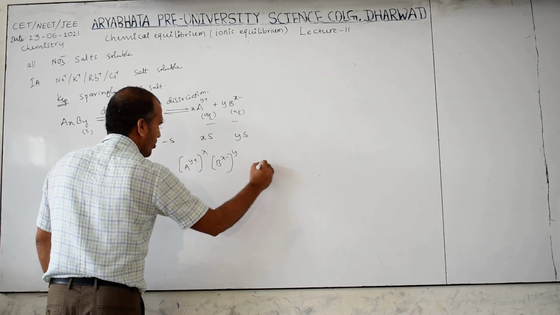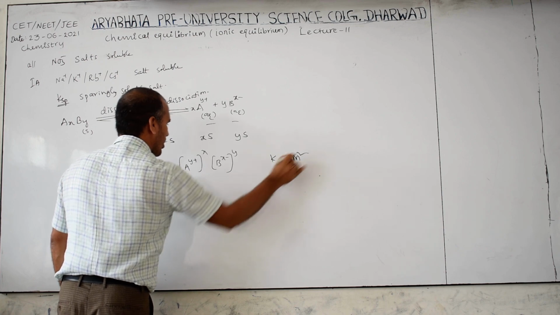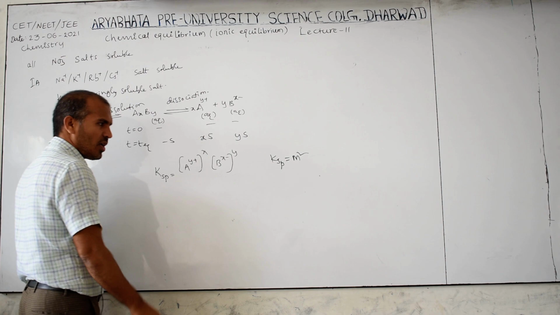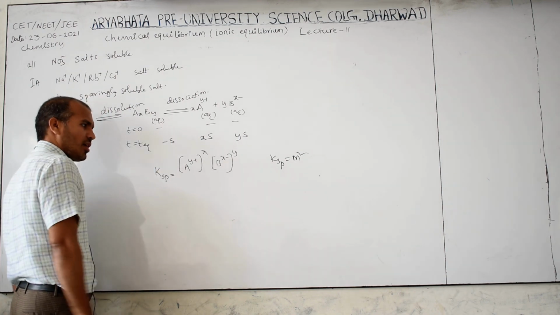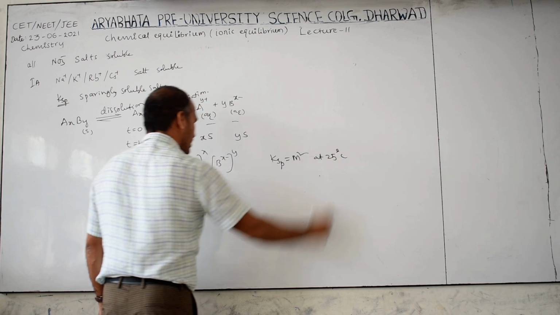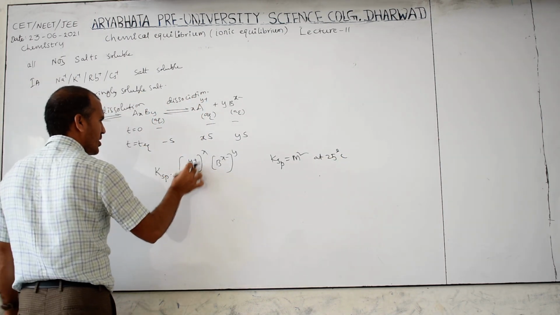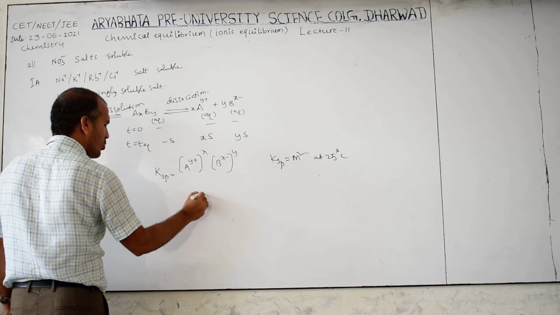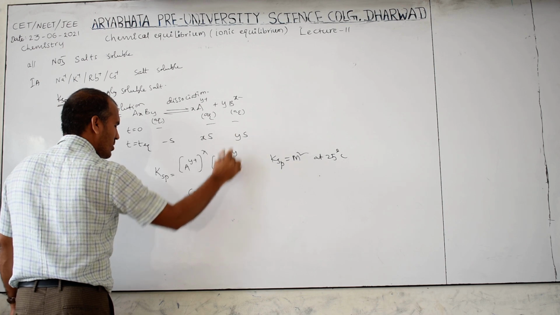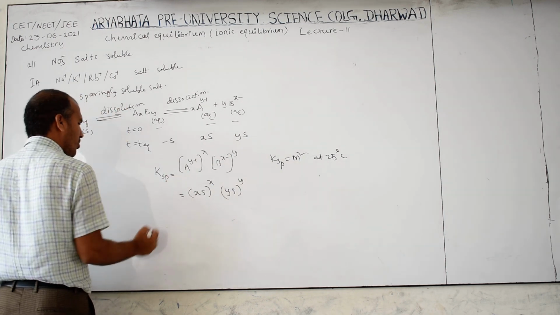Therefore, what is the unit for this? The Ksp unit is M squared, because this is M, this is also M, therefore M squared. According to the stoichiometric equation it will also come. This is at 25 degrees Celsius. Okay. Now, its concentration at equilibrium is x moles of S power x, y moles of S power y. Therefore, this can